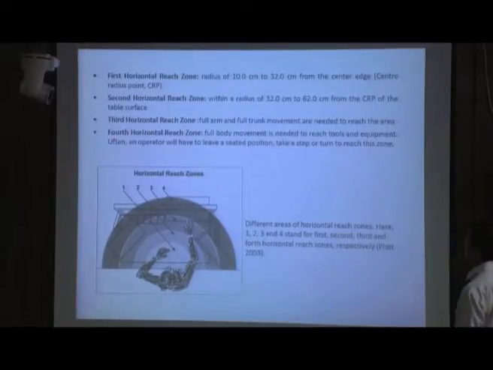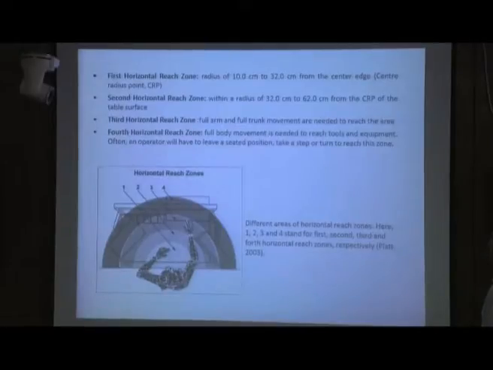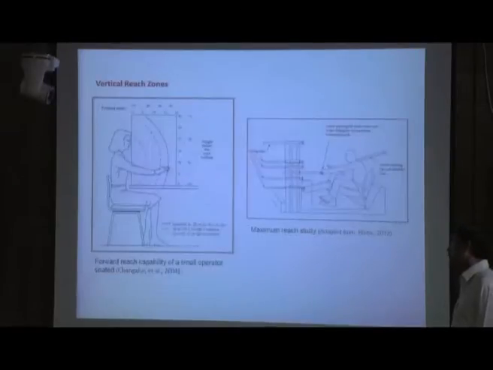Similarly, in this way, first reach zone, second reach zone, and in third, then fourth horizontal reach zone, full body movement is needed to reach the tools or equipment. Apart from this, even extended arm reach with bending forward is also possible. Here this image is taken from Chengalur et al. 2004. So in this reference, what we can see,